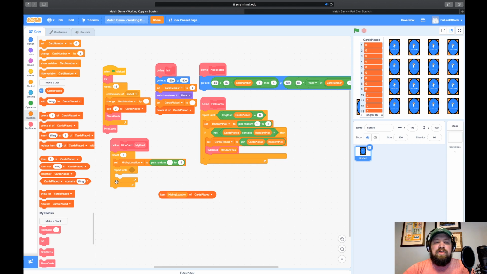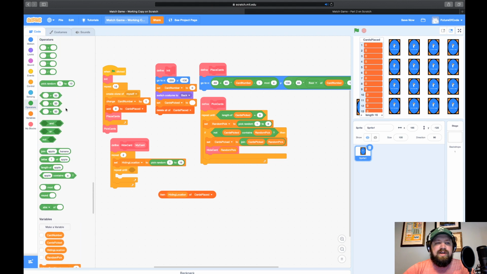And what we're going to do inside this repeat until is we're going to keep drawing a random number until we find a location that is 0. So we need to go to operators and we're going to say equals 0. We're going to grab the equals 0 block, drag the pill that says item hiding location of cards placed into the first section, and in the second section, we're going to put a 0.